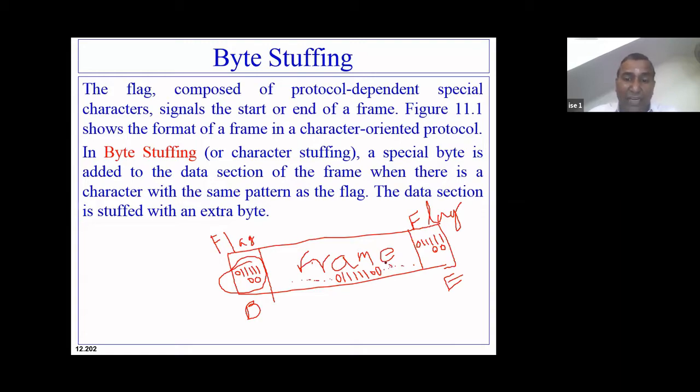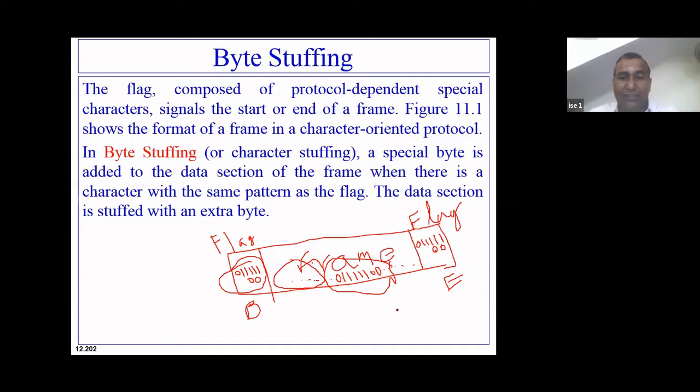But very similar to the flag, the data also contains the same thing, 0 followed by 5 ones and followed by 2 zeros. Now the receiver will think that this is the end of the frame, so it will take only whatever is between this portion and this portion, takes this as a flag, and stops reading here.